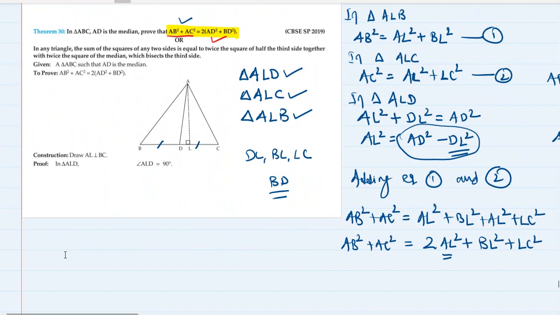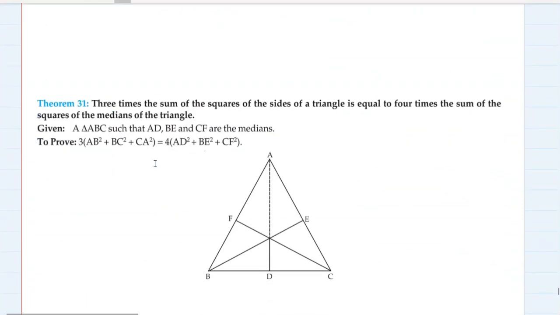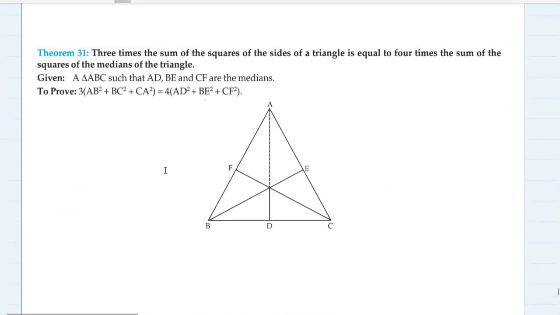Okay, so go through it again if you feel like, and try to understand how I proved it. Also understand this question is asked in the exercise as well. In many exercises you will find this question, which we have proved as a theorem, and it can be asked in the exam as well. Okay, let's go to the last theorem, which is this one.